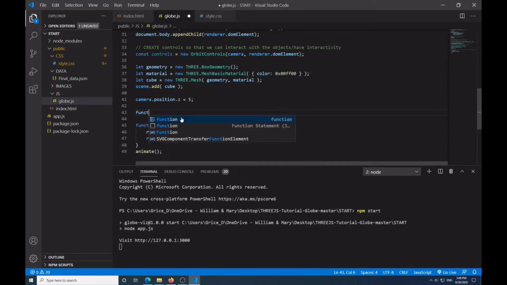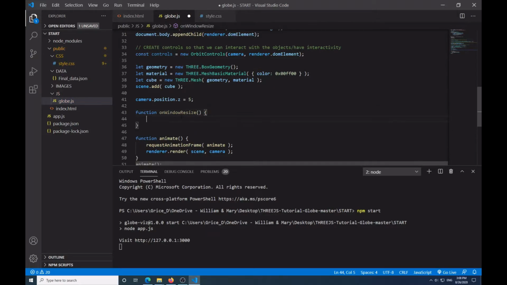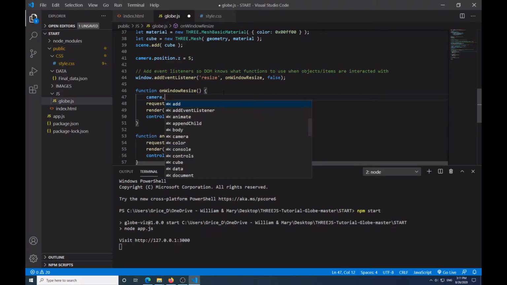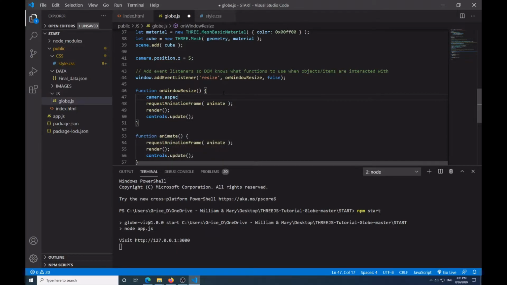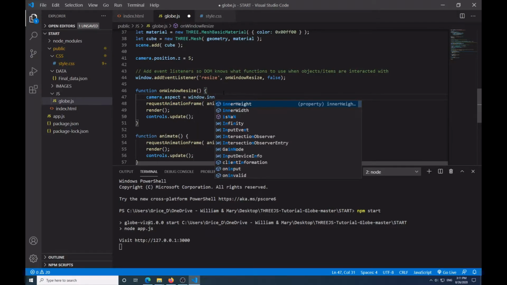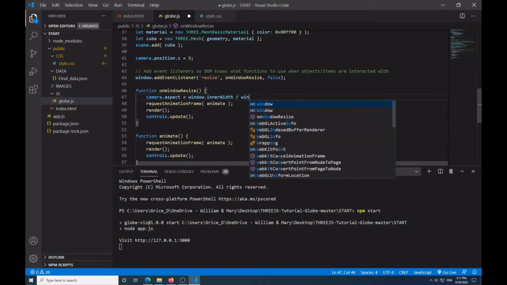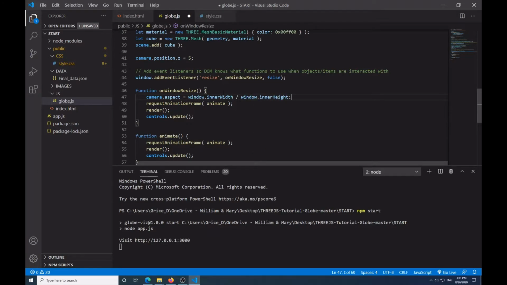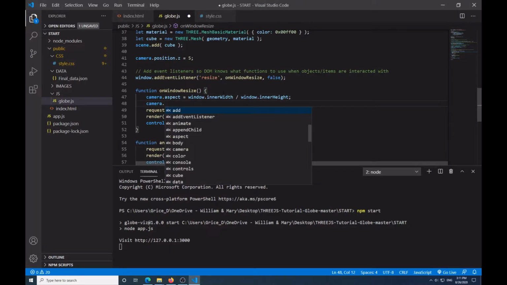So I'm going to say function onWindowResize, and then for the onWindowResize, it's the camera aspect which we have to update. So camera.aspect is equal to window.innerWidth divided by window.innerHeight, and say camera.update